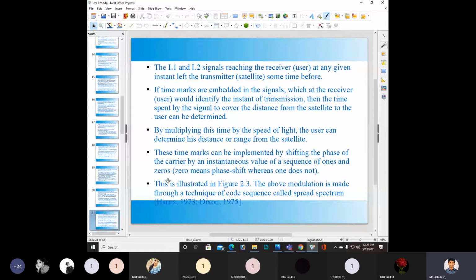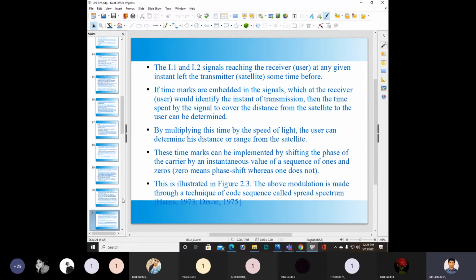time spent by the signal to cover the distance from the satellite to the user can be determined.